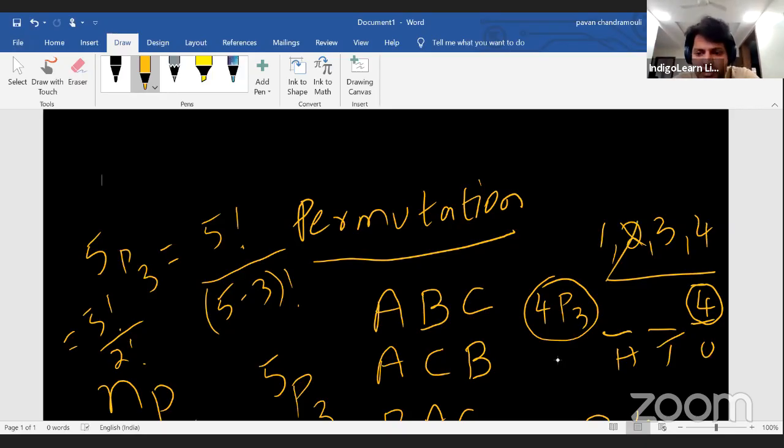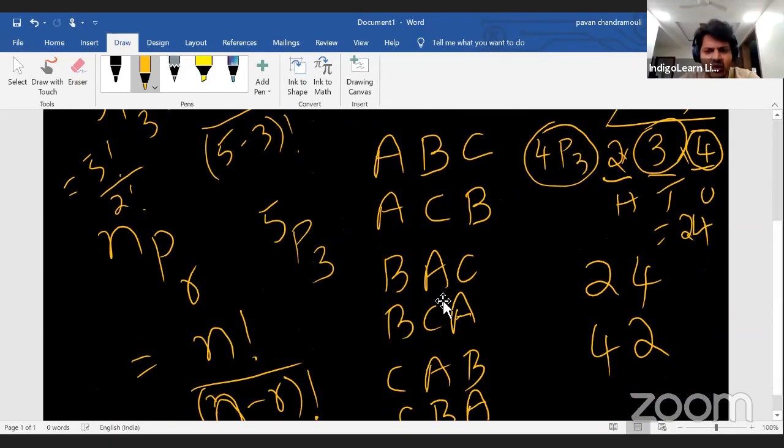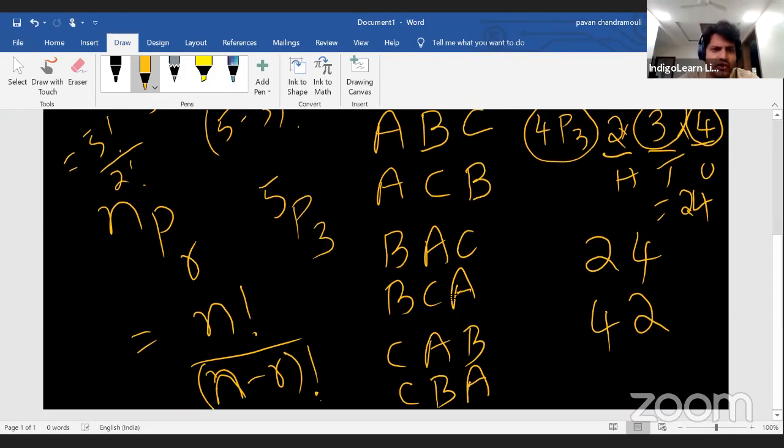Now, how many ways can I fill the tens place? Now that you have already used a number, you are left with only 3 other numbers. You can use any 3 out of the following. The number of ways you can fill the tens position is 3 ways, right? So let's assume I have used 1 more number. Now you are left with only 1 place to fill, and you have 2 options. So the number of ways you can do it is 2 ways. So the number of ways you can do it is 2 into 3 into 4, which will give you an answer of 24, right? So this is how you use the concept of permutation. Now the same thing, you can even do by counting it, but that would not serve any purpose.